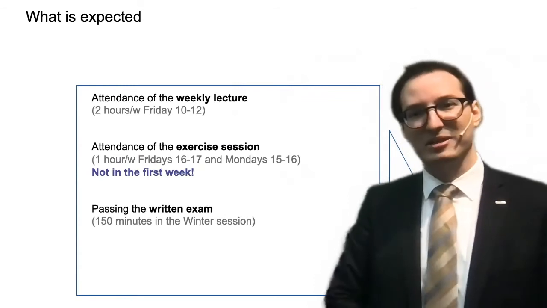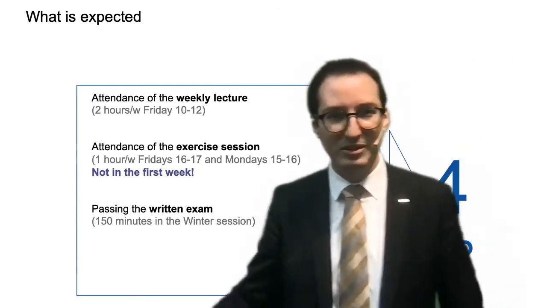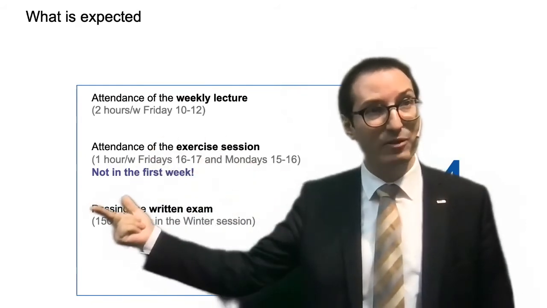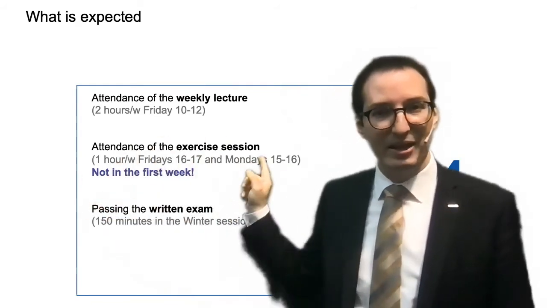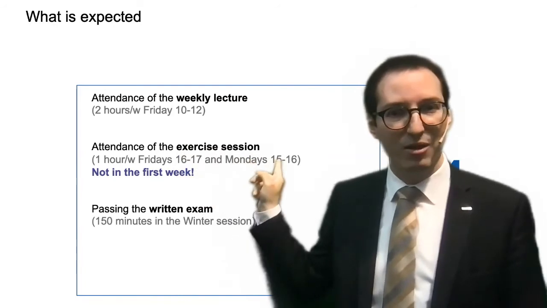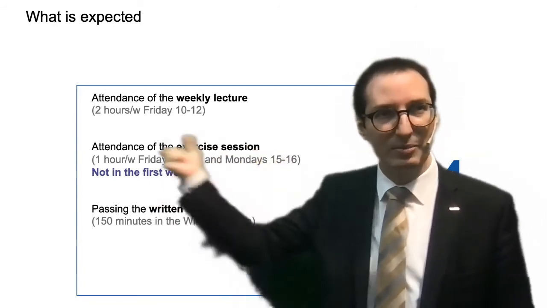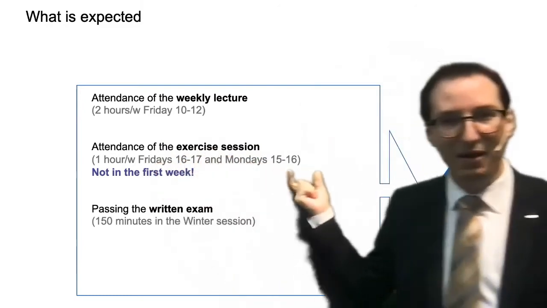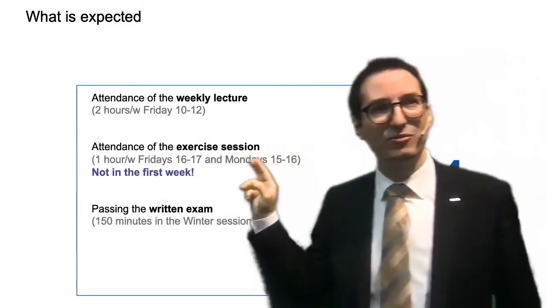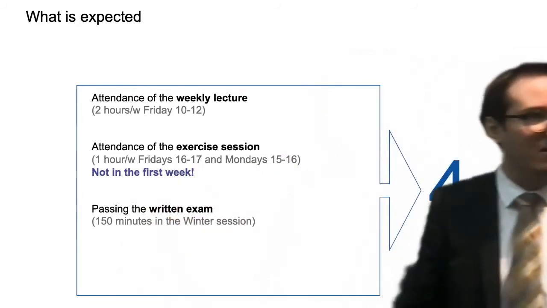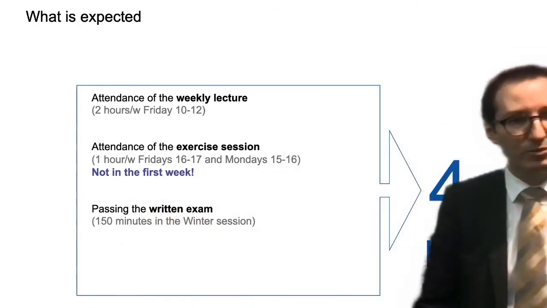Then we have the exercise sessions with the TAs. So we have 1 hour Fridays from 4 to 5. So that would be in the afternoon. And then also the same the next Monday, 3 to 4, but it's either or, right? You don't come to both, you pick depending on your group, either you come on Friday or you come on Monday. We added this for extra flexibility because maybe some of you cannot make it on Friday, so you have this extra option to come on Mondays.